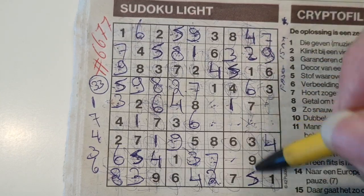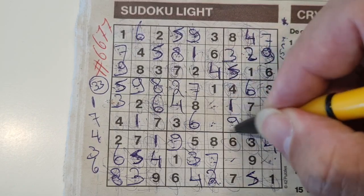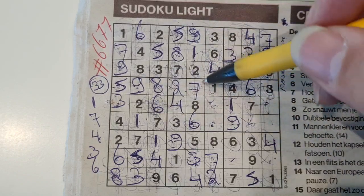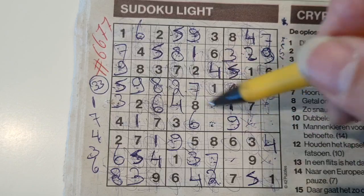9 in this column, 9 in the column next. So in that column, the only place left for the 9 should be there. 2 missing numbers in this big square for numbers. The 1, the 2, the 3, the 4, 5 is missing, the 6, the 7, the 8, and the 9